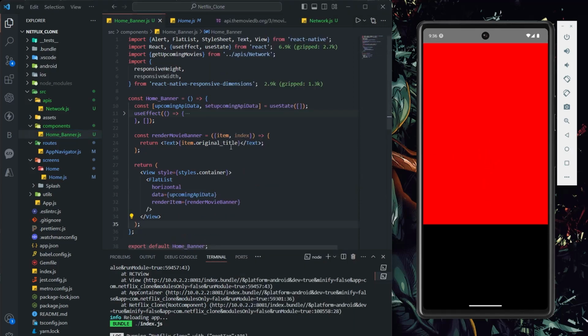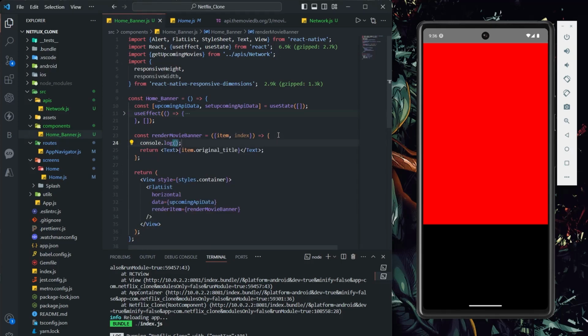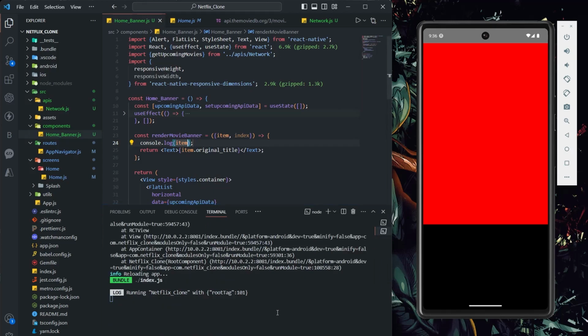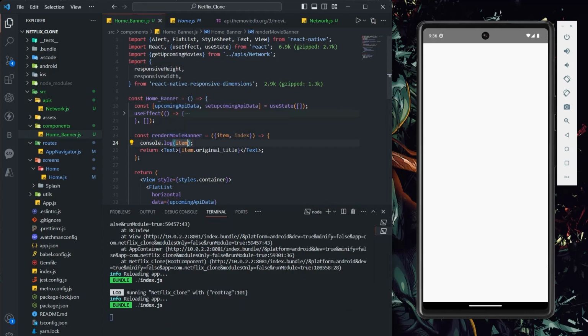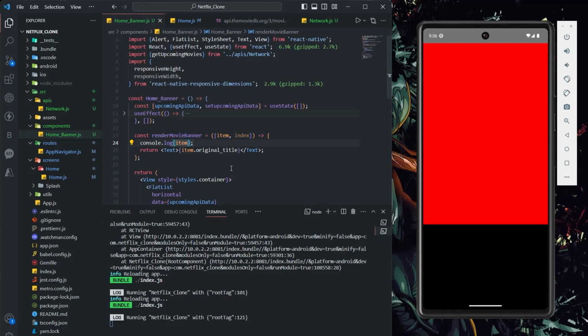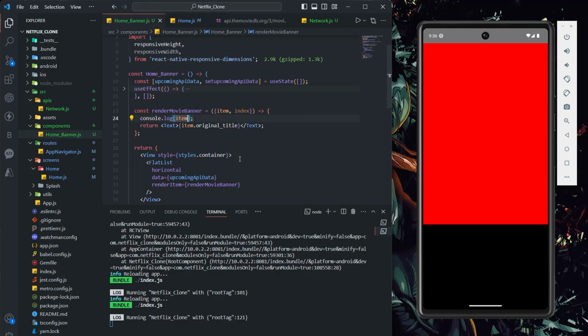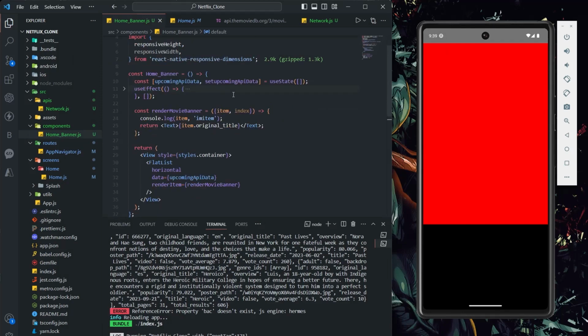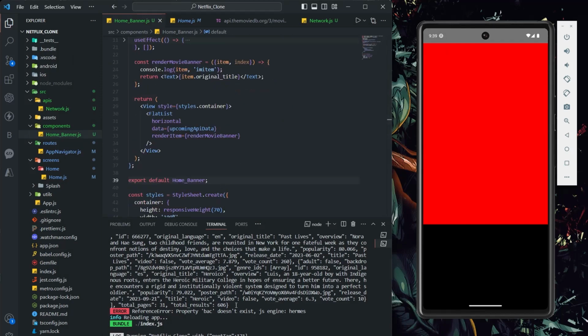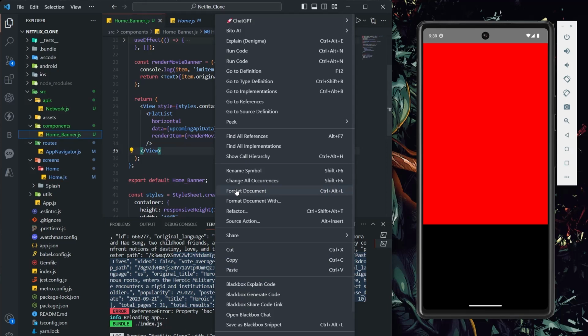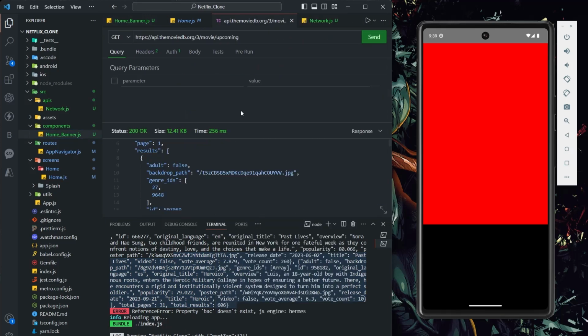I'm not getting any error, but we are not getting the item. So let's check first. Let me do item here, console.log. Let's pass. Okay, what's the issue here? Item banner. So we are getting data from the API and we are passing that, but we are not getting data. Let's check the API. Okay,